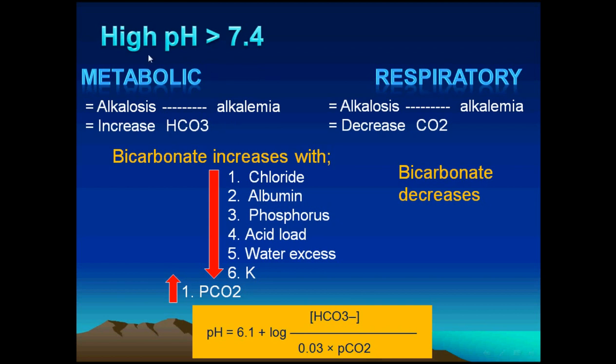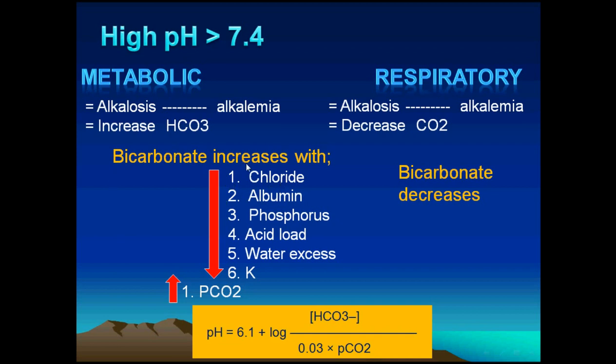So this is a metabolic alkalemia. This means that the bicarbonate is high, with a compensatory increase in the carbon dioxide. As I've mentioned before, the increase in the bicarbonate may be due to a decrease in the chloride. This is a normal anion gap. This is loss of chloride, maybe through vomiting, which will be associated with